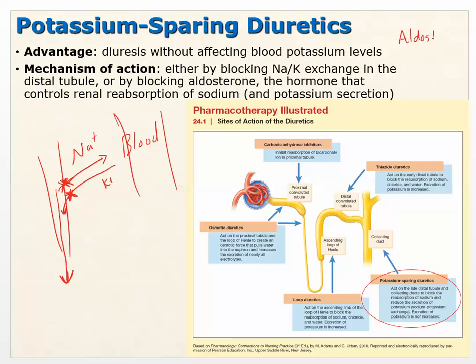If we wanted to get into all the mechanisms of this, it makes sense that by blocking that sodium-potassium exchange in the distal tubule, or by blocking aldosterone, you're going to have less reabsorption of sodium, more excretion, but your potassium is going to stay. Okay, so